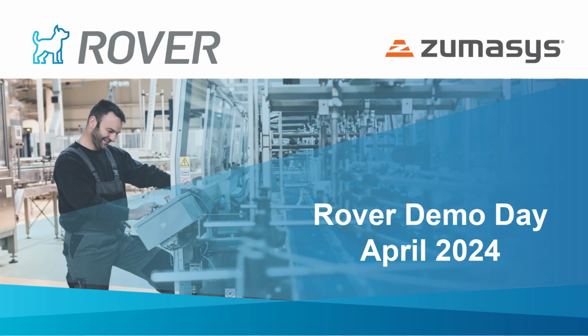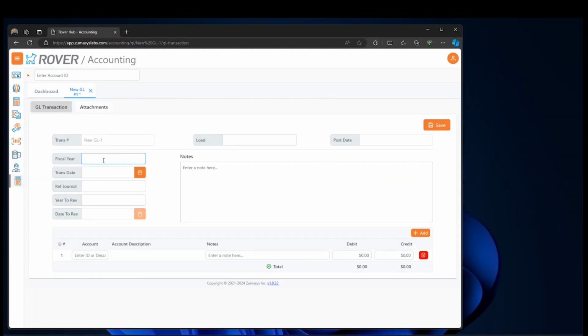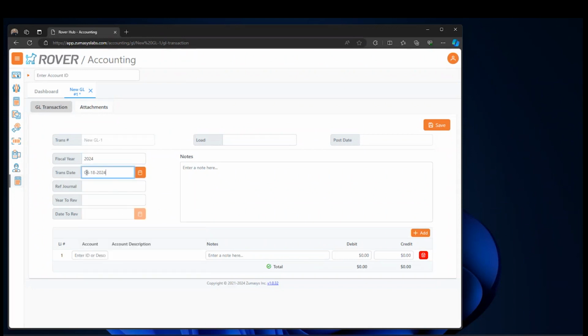Yeah, so we'll be showing the general ledger transaction entry screen from Rover Web now. This is actually in test, so it's just about ready for release. Accessible from the accounting page in the GL section. You can go here. These are restricted to your fiscal year and fiscal periods for the fiscal year transaction